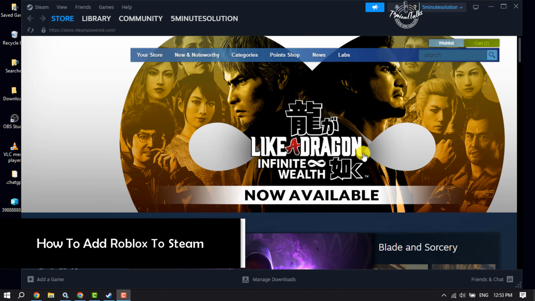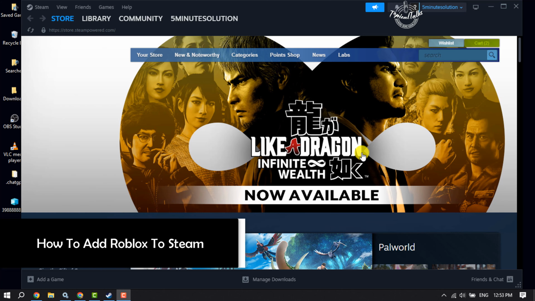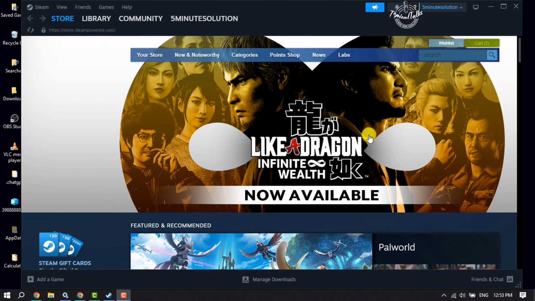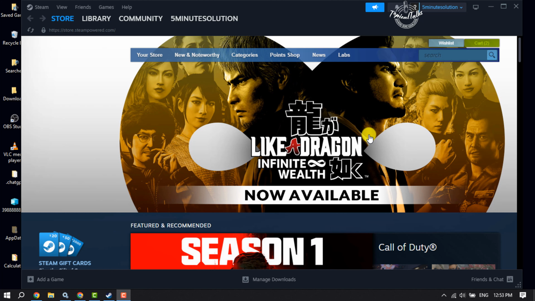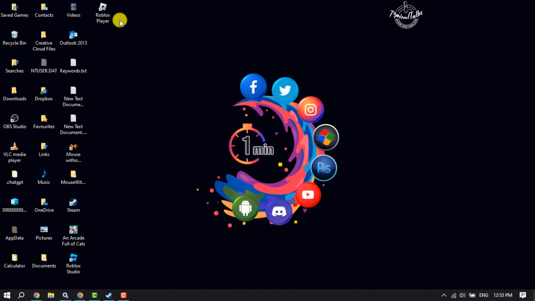Hi, this tutorial is going to show you how to add Roblox to your Steam. Follow this easy step-by-step guide to add your Roblox player to your Steam. First of all, make sure you have installed Steam on your computer and also that you have installed the Roblox